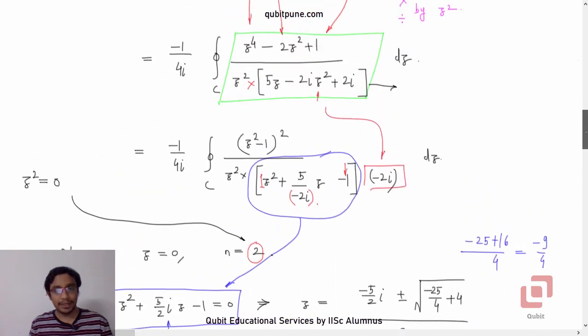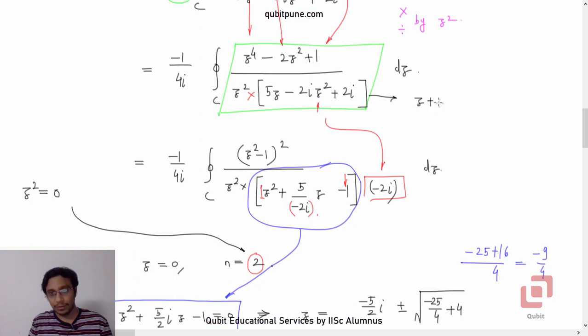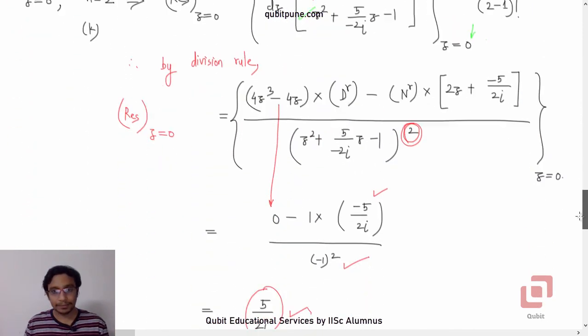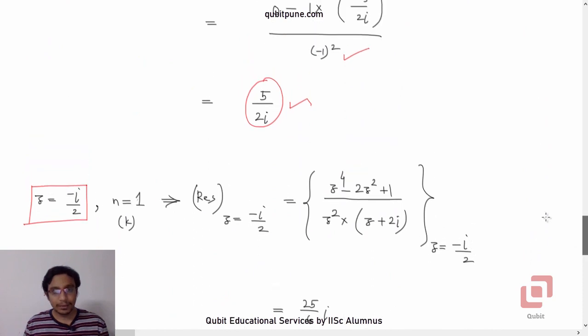Minus i by 2 and minus 2i. So the factors will be (z + 2i)(z + i/2). We will now not consider the factor z + i/2 because we are multiplying the function by that. So it will be